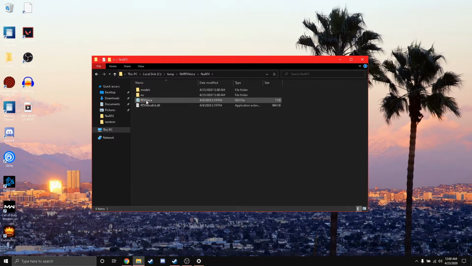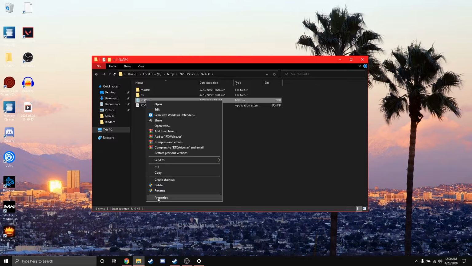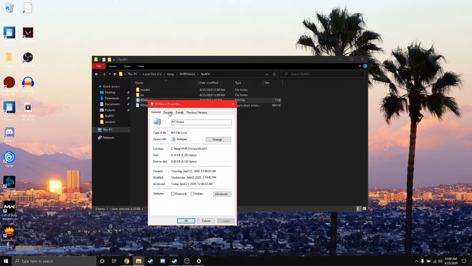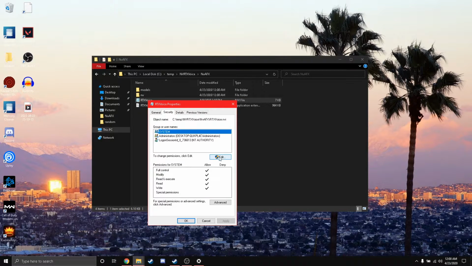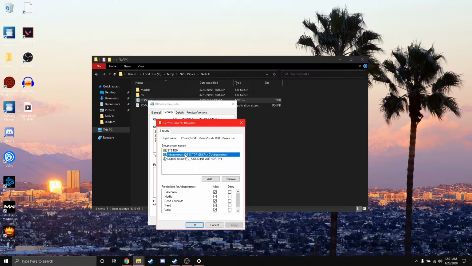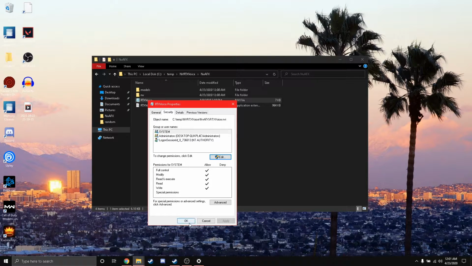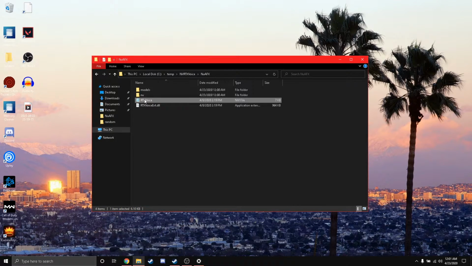You're going to right click this, go to properties. From there, you're going to click security. You click edit. You're going to click this one and allow it. Should already be checked. This one, you're going to click allow, apply, hit OK, hit OK. Then you're going to open it up with